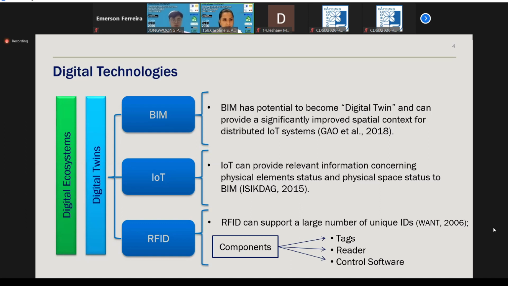I want to talk a little bit about the digital technologies that we are using in this study. We are using BIM, IoT, Internet of Things, and RFID. The context is the digital ecosystems, which are composed of groups formed by companies, people, and products that share digital platforms to benefit each other, creating value and also innovation.